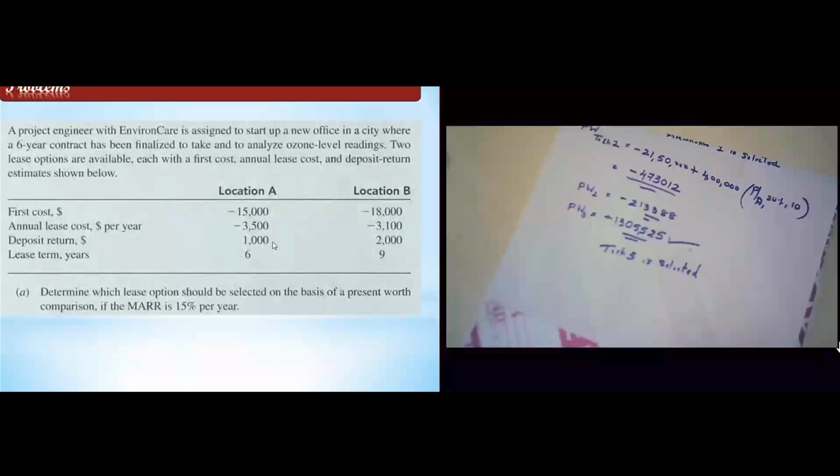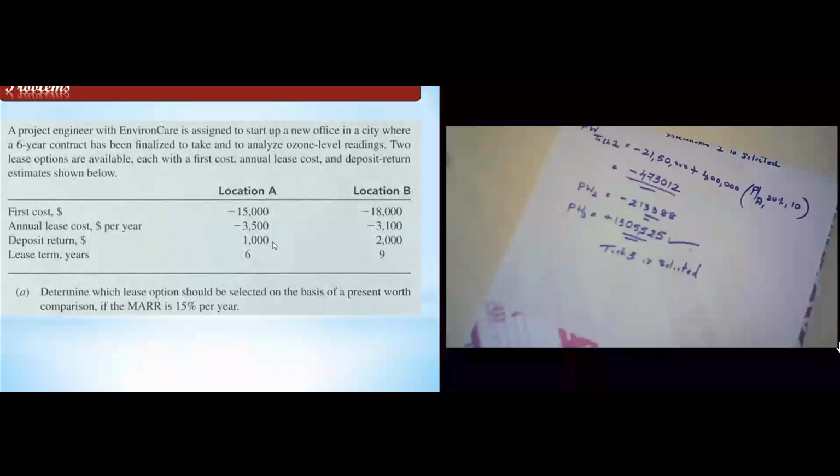So that means I will take 7 years or say 5 years as my analysis period, and I want to consider all the cash flows up to 5 years. After that, I don't want any components. So that means I have restricted my time frame from 6 and 9 to 5 years. Okay, and then I will use 5 years as my base for calculating the present worth amount. So anything after 5 years will not be taken into consideration.